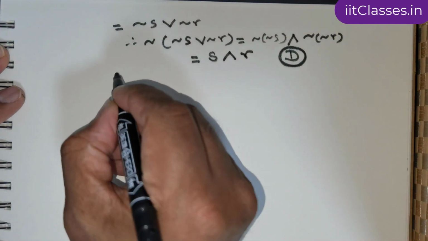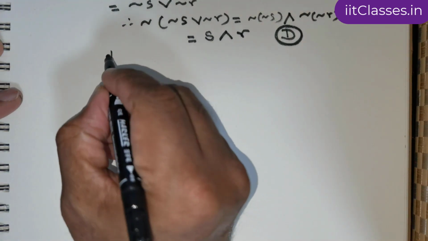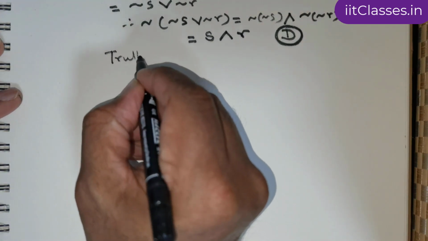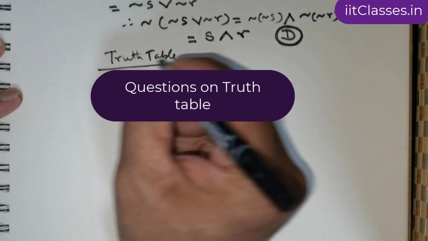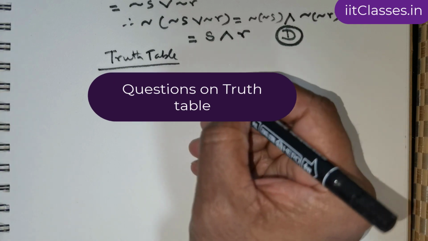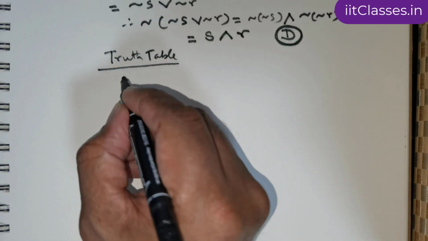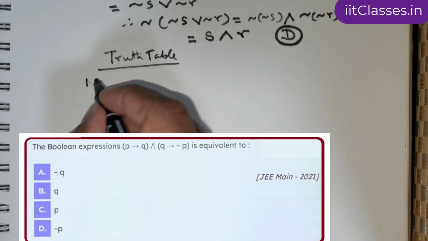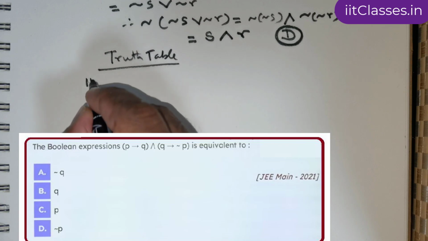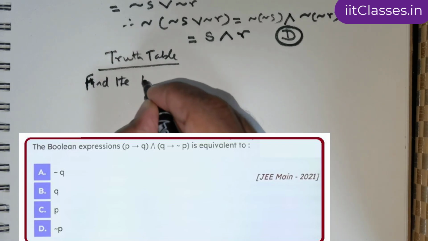Now we would be going on to apply the truth table for questions henceforth. So whatever questions we are encountering henceforth, the truth table would be used as a tool. So we are expected to find the equivalent to this Boolean expression. So let me write the question down. Find the equivalent